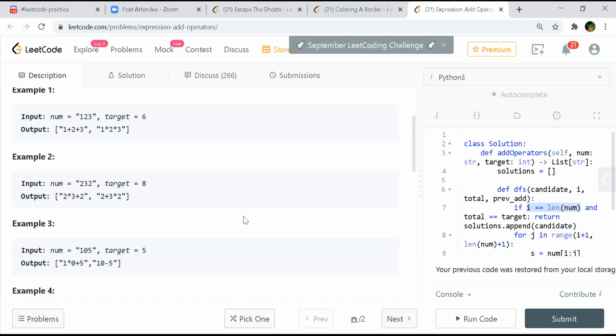Which one? So in this example 3, he should have also had 1 multiplied by 0.5. That would be a legitimate one, right? Ignoring leading zeros. Yeah, he's actually removing, but for the first output of example 3, 1 into 0 is considering 0 not to be an invalid case. Yeah, so I think he's using 0 as a number, but he's not using 0.5 as a number.